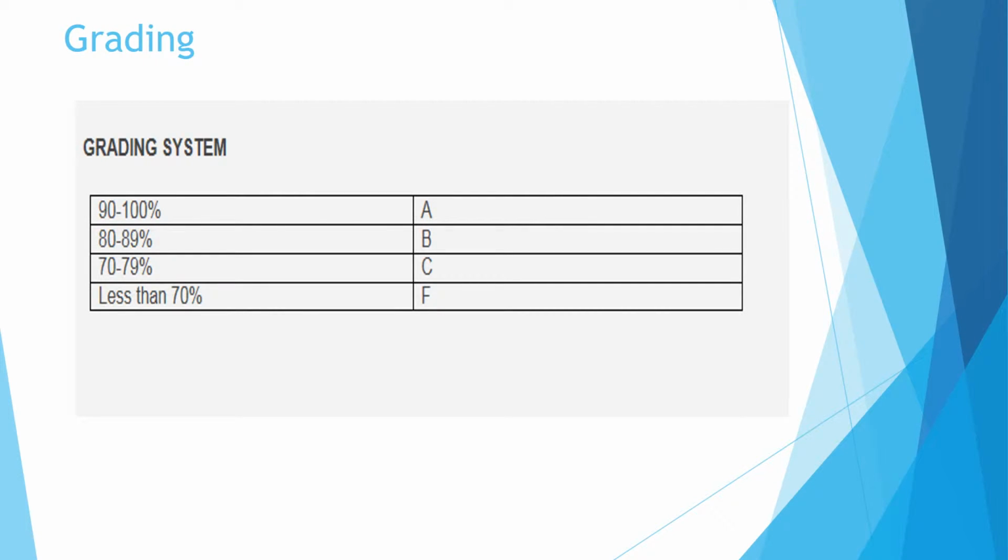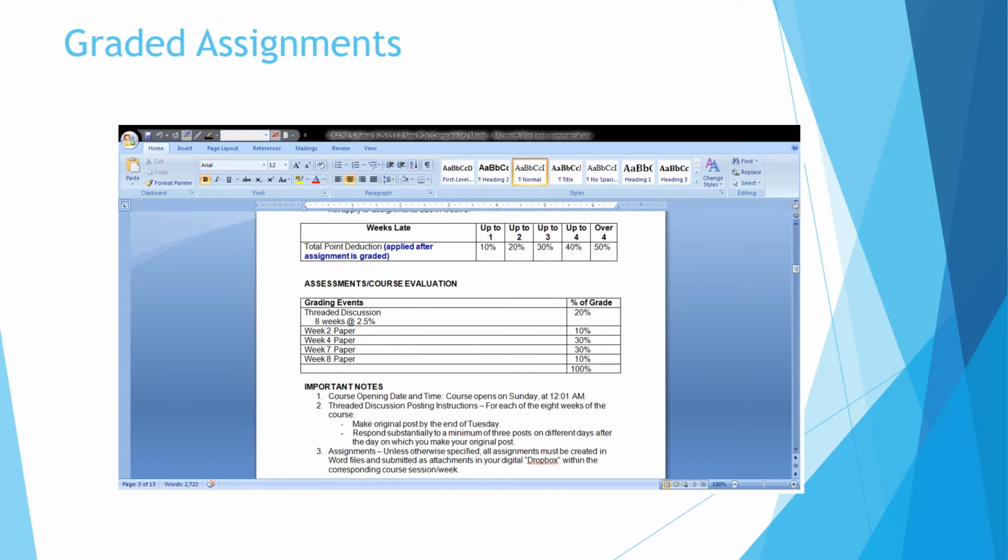The grading system is a standard Kaiser A, B, C, and F, based upon these particular percentages, and when you go into gradebook and look at your percentage, it'll give you an indication of how you stand. But this needs to be combined also with the assignments that are coming up. So the particular weight or percentage of worth of an assignment is also something that needs to be considered.